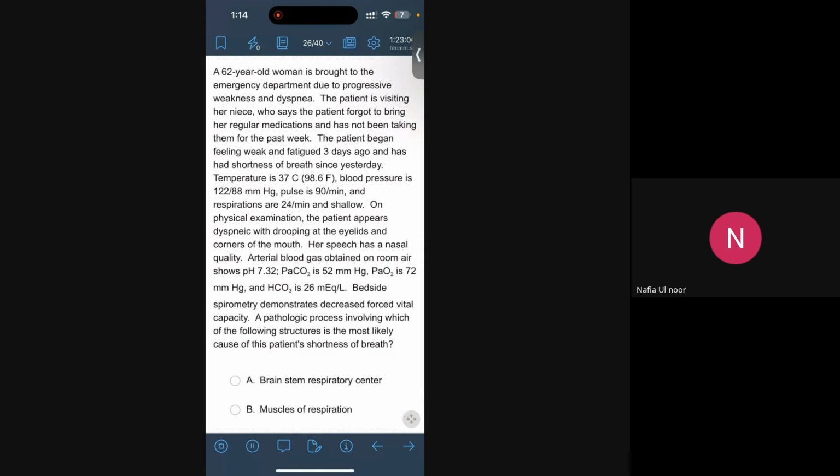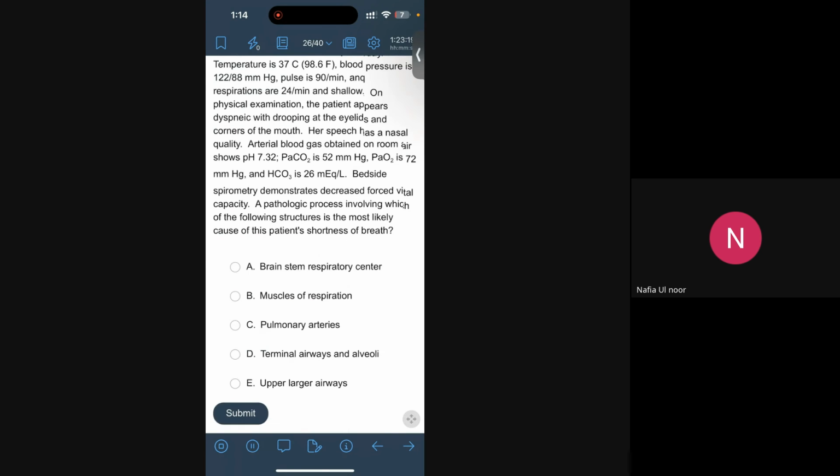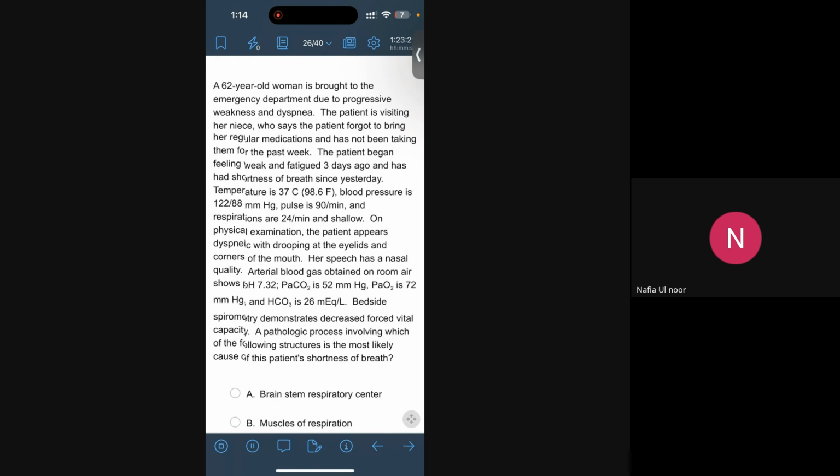Let's move to the next one. Which pathological process is most likely the cause of this patient's shortness of breath, reduced lung